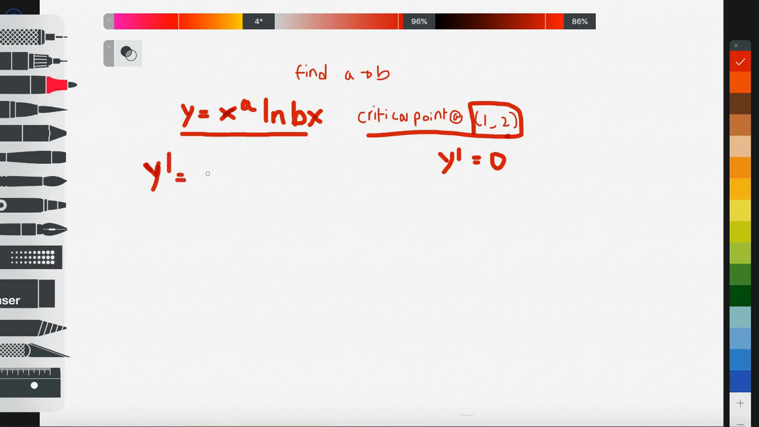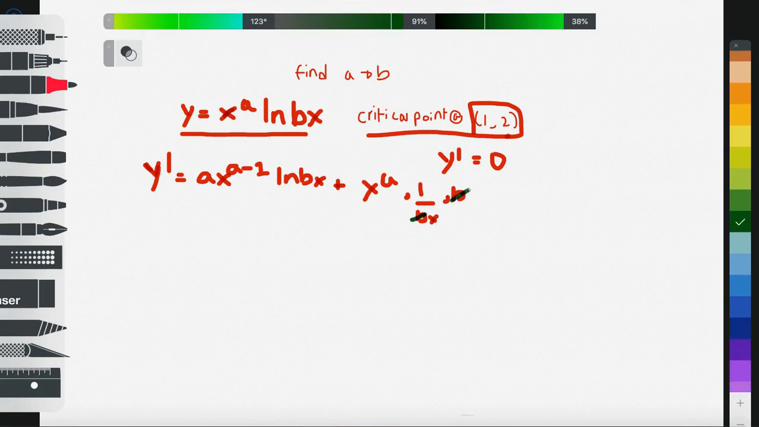equals a x to the power a minus 1, power rule, times ln(bx), plus x to the power a, and then times the derivative of ln(bx), which is 1 over bx, times b, because of the chain rule. Alright, so we know this and this cancel out, so we can rewrite this whole thing